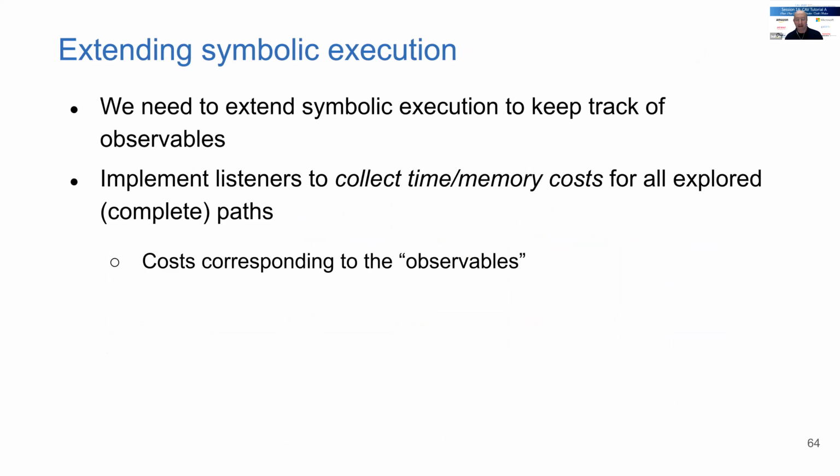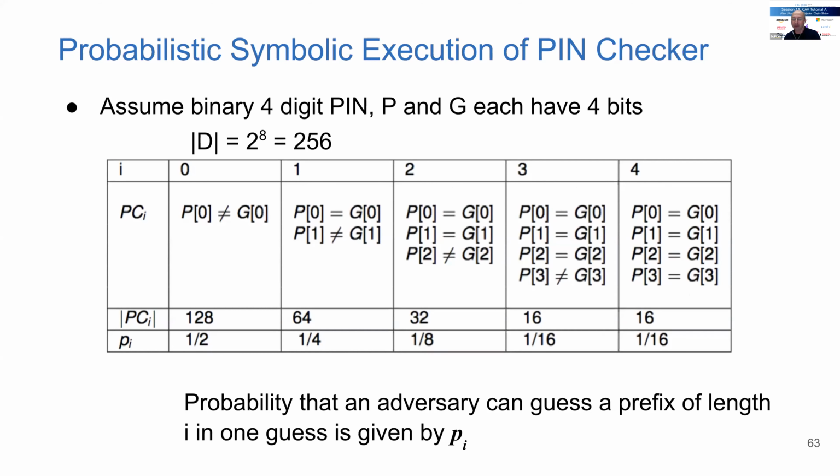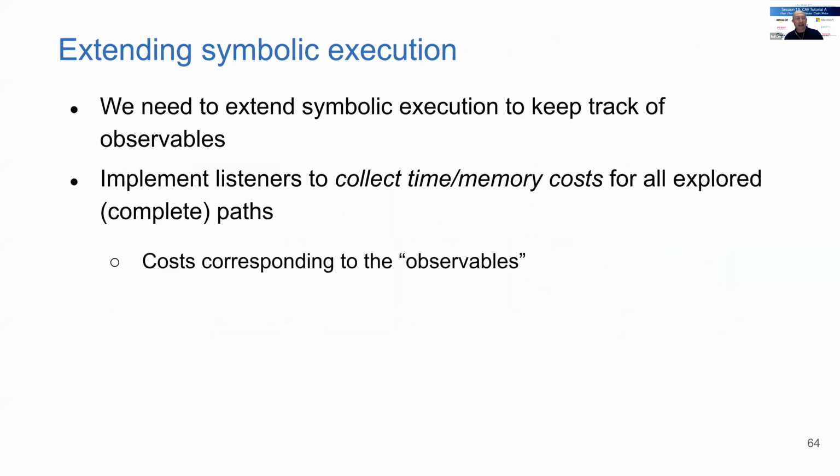So now how does this apply to quantitative information flow? That's what I'm going to get to, and side channel analysis. So I'm going to extend this to side channel analysis. Now notice that I got probabilities, and for information leakage, for entropy computation, I needed probabilities. So probabilities get me very close to information leakage analysis, but I also want to do side channel analysis. So I want to extend symbolic execution to keep track of observable values, for example, like execution time or memory usage. So I'll call these observables.